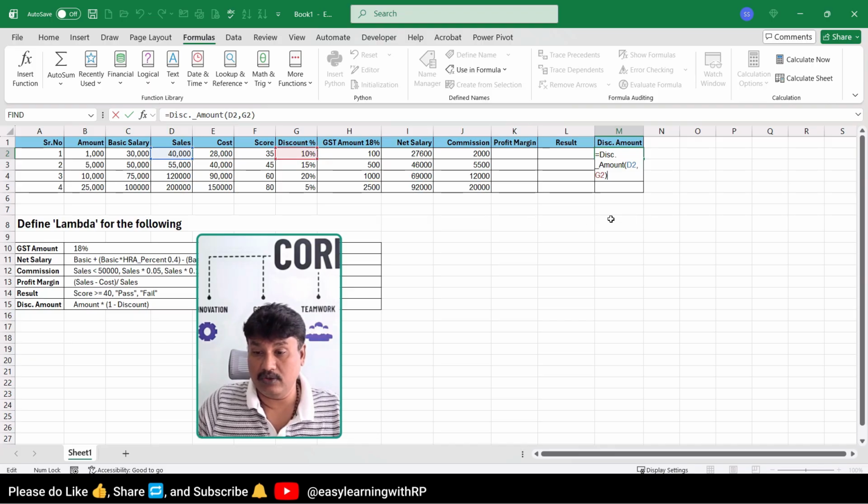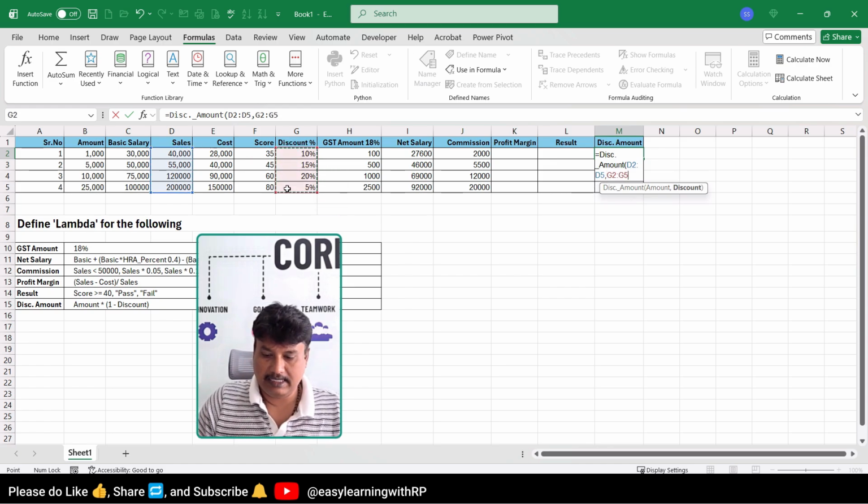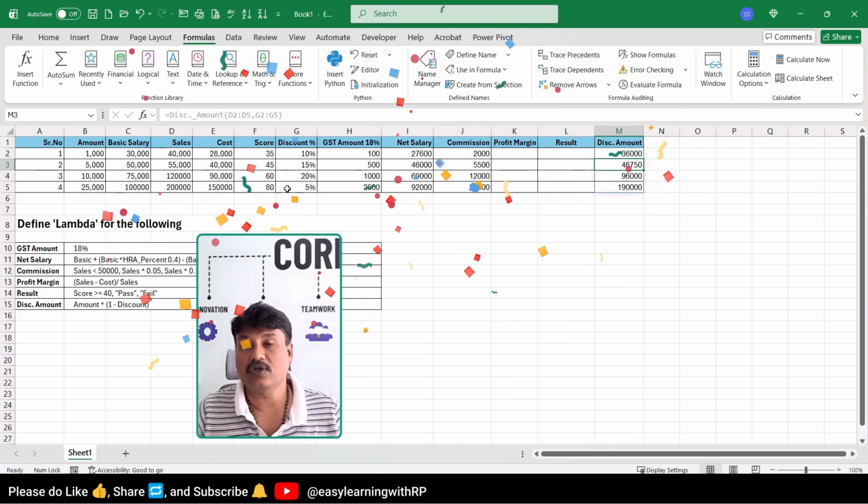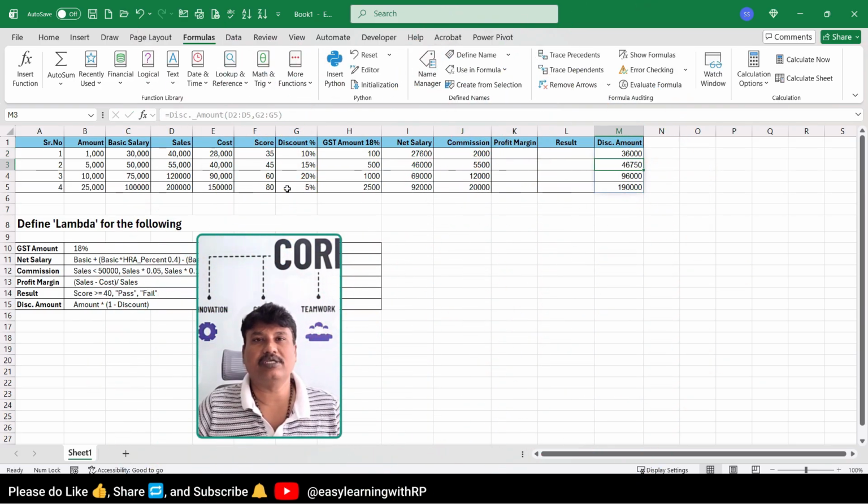But what if you can do this: for example, I am just removing it over here, and instead of sales giving a single value, I am going to give a range over here, and the same way for the discount, and this is also going to work very well. And this is how you can use a defined name with a Lambda to increase your productivity. This is going to make it less complicated to know the formulas and calculations in each and every cell. Wherever you have used it, you can directly go to the defined name and check your formula and the issues.